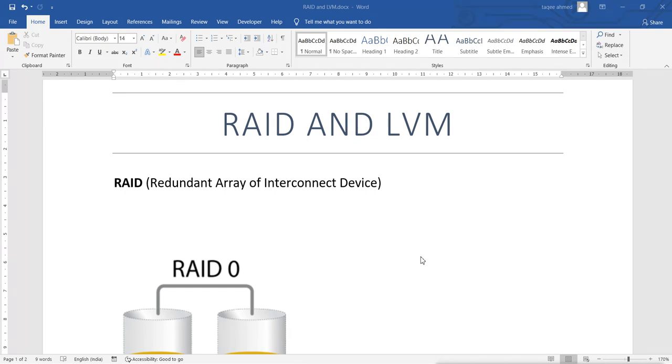Today's topic is about RAID and LVM. First we will do RAID. Now, RAID means what? Redundant Array of Inexpensive Disks. Now, what does it do here and why do we use RAID? We use RAID for